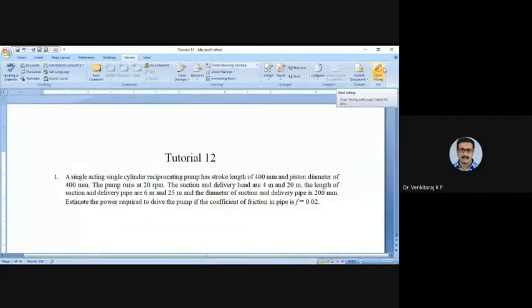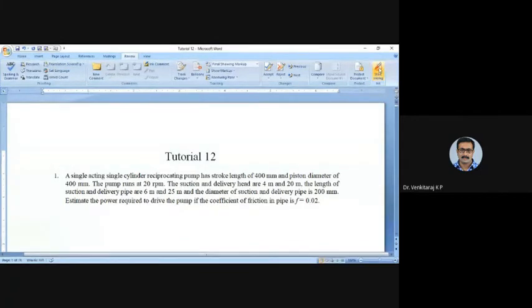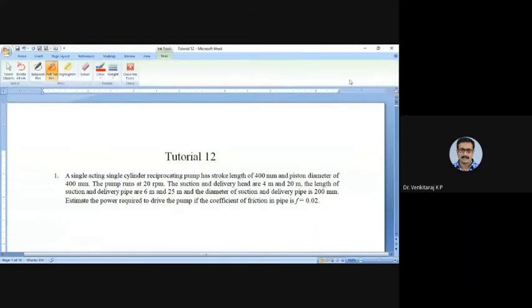So it is given that the reciprocating pump is a single acting single cylinder. We can mention below given